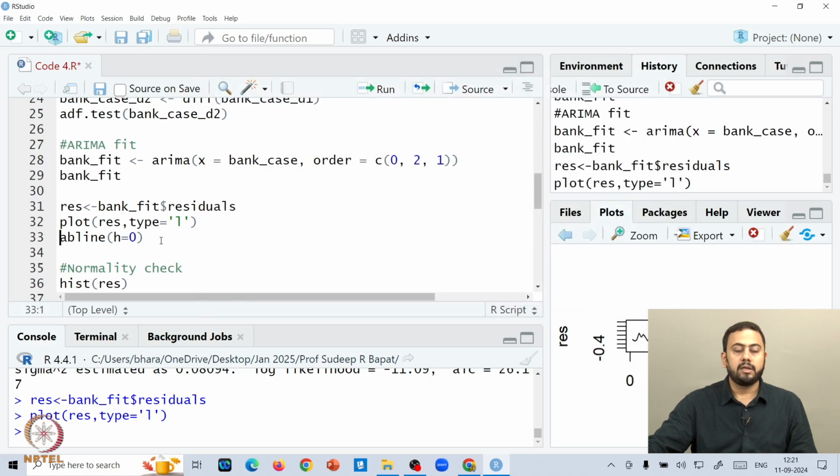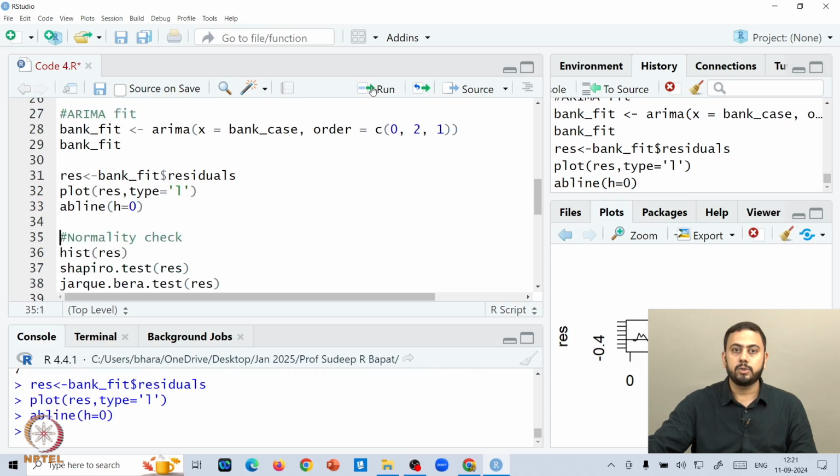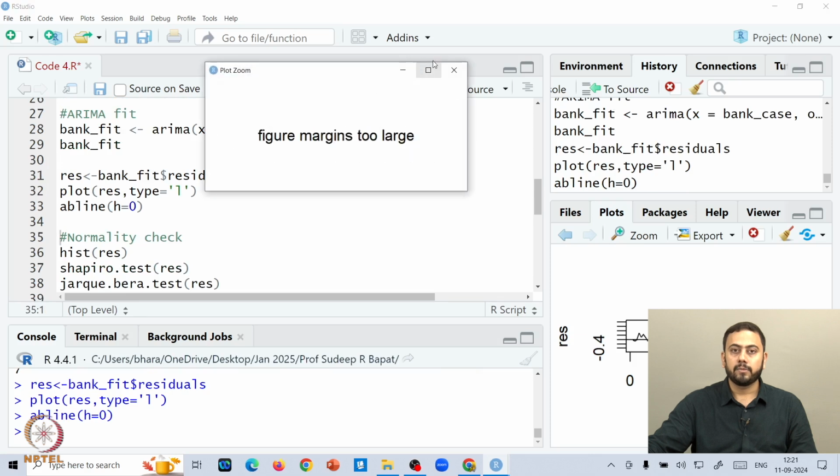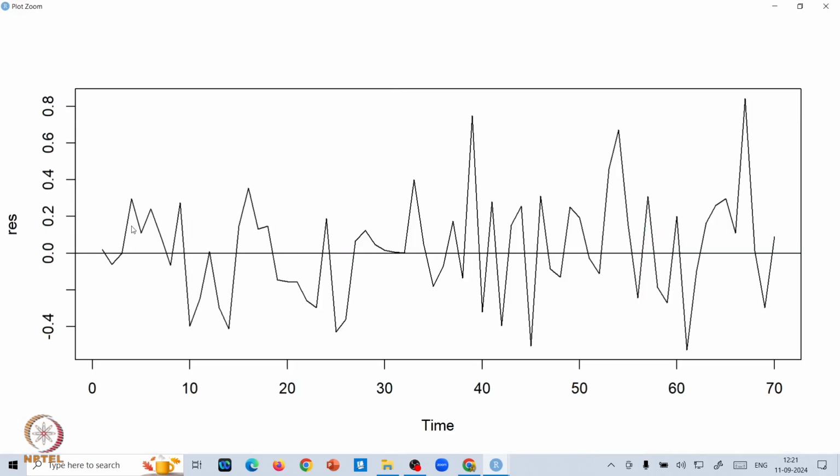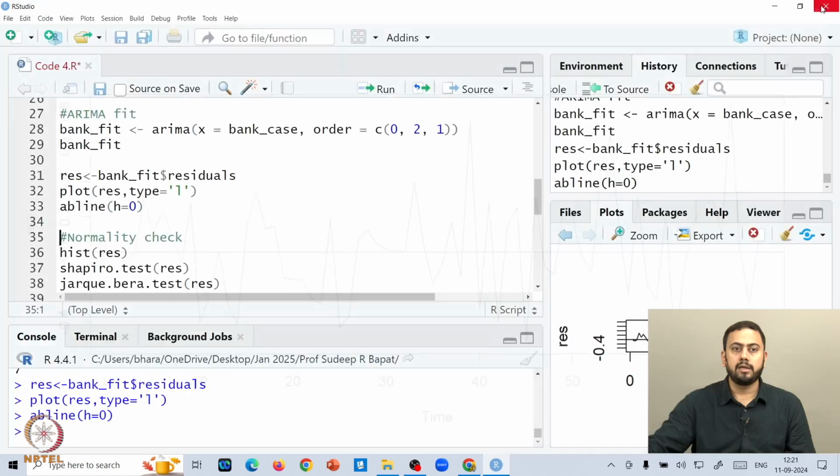Now, what we can do is draw a horizontal line at 0 if you want. Alright. So, let me run this and then show you the plot again. So, let us say this is a complete plot, where you see the behavior of the residuals along with the 0 line. Here you can pretty much see some random movement along the 0 line, which is exactly what we want in terms of the residuals.